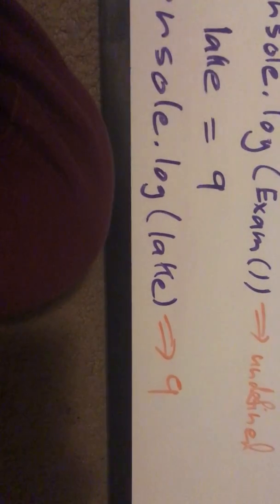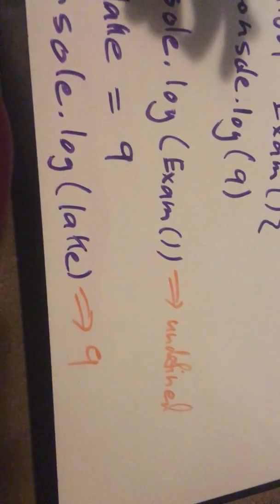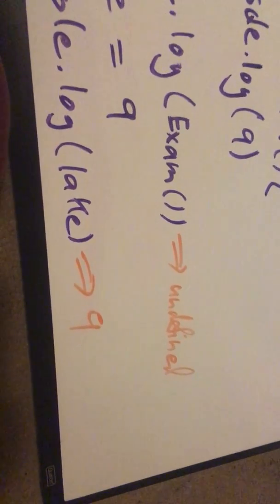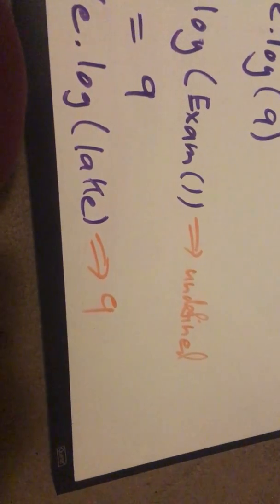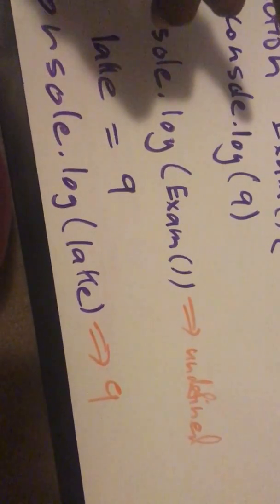But a console.log statement by itself isn't actually doing anything outside of that. So it's not converting a function into a variable. It's not giving it a value. It's just a simple print statement. So for example, if we were to have this function called exam,